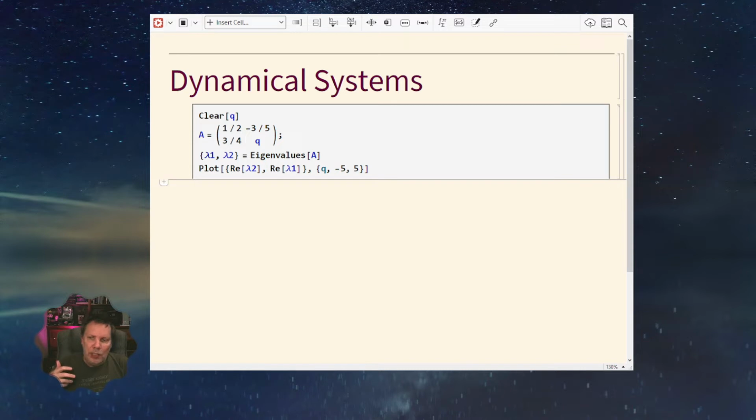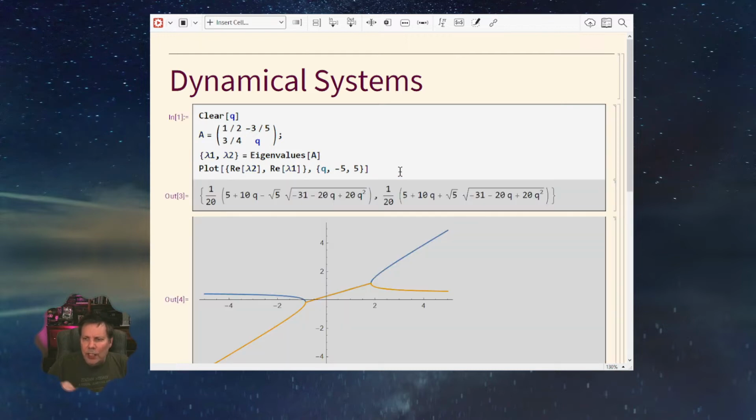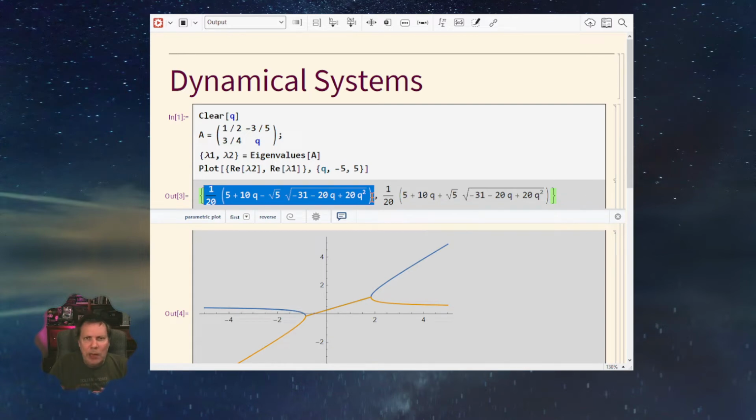One of the things that we talk about in class is looking at the plot of the real eigenvalues. The eigenvalues look kind of complicated, but remember, they come from a characteristic polynomial of degree 2. So this is really the quadratic formula solving for lambda, the eigenvalues, in terms of Q. If I plot the real parts of this, you should notice that I get two very distinct portions of the graph. Kind of a straight line here, and these two tines sitting on the end. What I want to do is figure out different things about the norm, the absolute value, the length